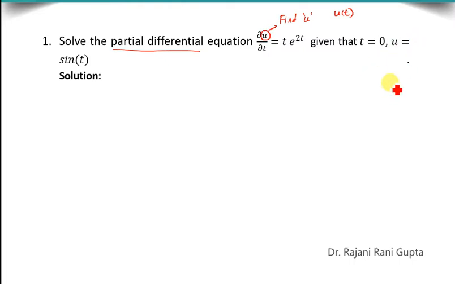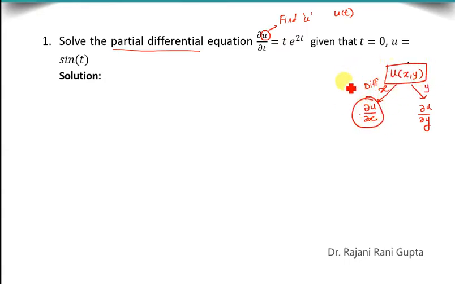We know that if u is a function of two variables, say x and y, then if we differentiate with respect to x, we get the derivative of u with respect to x, and if we differentiate with respect to y, we get the derivative of u with respect to y. So from u to the derivative of u, we do differentiation. Now if we want to return back to the original function from the partial derivative, we have to move from down to up.